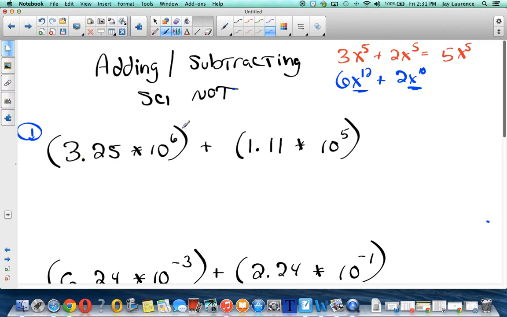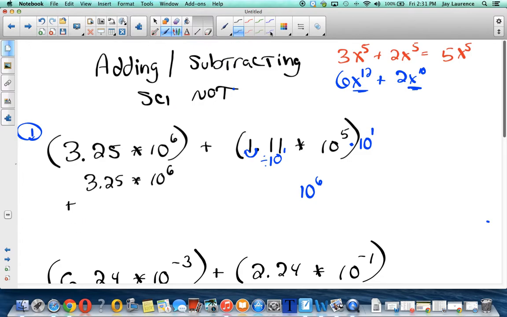I could either change this one so that it has an exponent of 5, or I could change the second one so it has an exponent of 6. I'm going to change the exponent of 5 into a 6. So I'm going to multiply this by 10 to the first. That'll get me a 10 to the 6th, won't it? All right. But then I have to divide this part of the number by 10 to the first. Otherwise, I've changed the number, which moves that decimal point there. So my new problem actually becomes 3 and 25 hundredths times 10 to the 6th